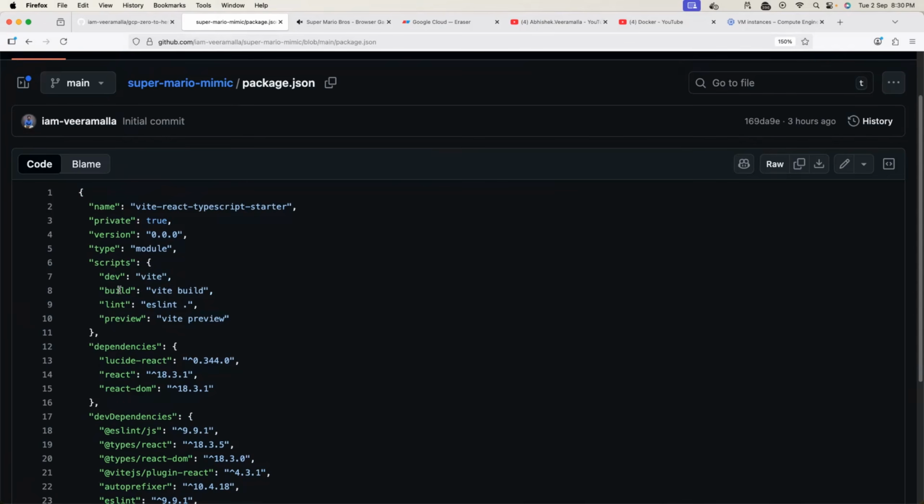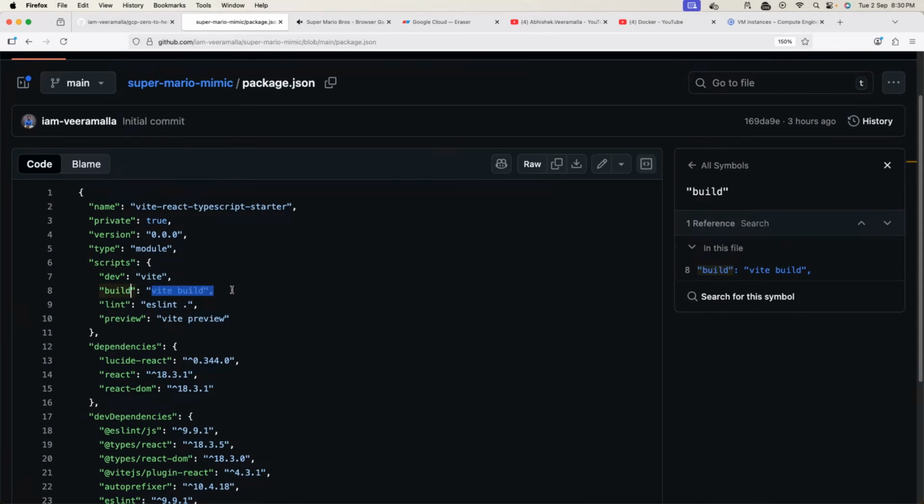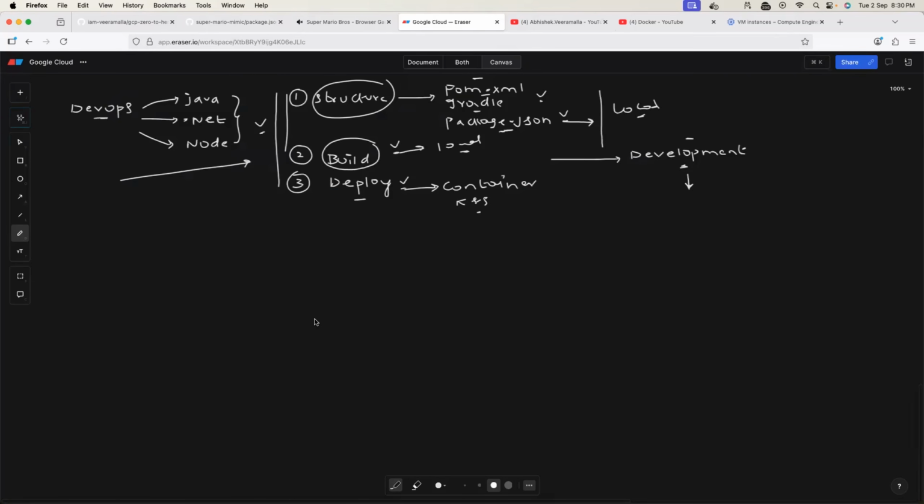Dev Vite, build Vite build. Okay, so this is the step to build, and this is the step to run the application locally as a development server. But Abhishek, what is this dev and build doing? Where are we invoking these commands? You invoke these commands using npm, Node Package Manager. Okay, so as a DevOps engineer, to build the application, you will run the command npm run dev,